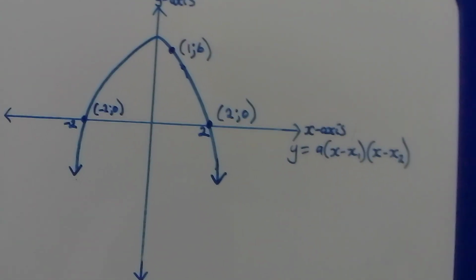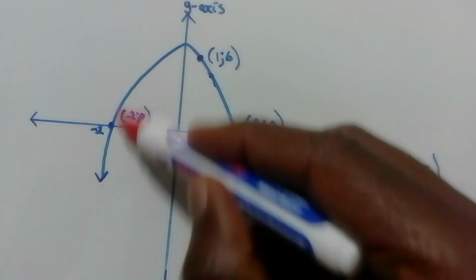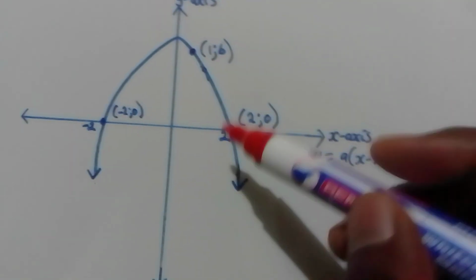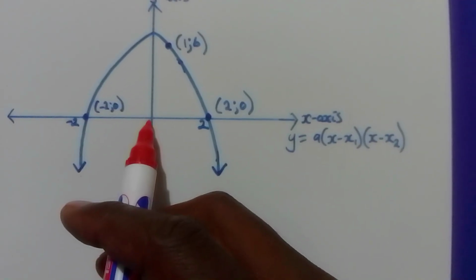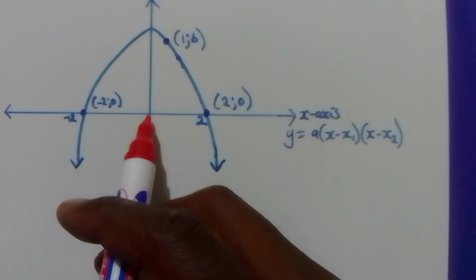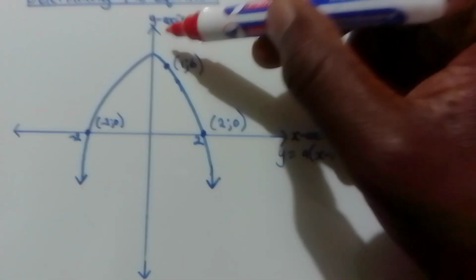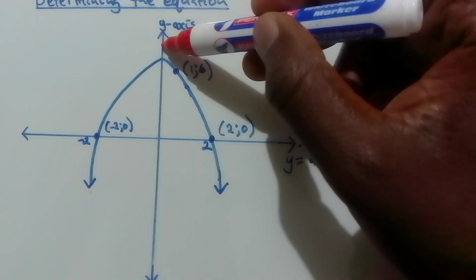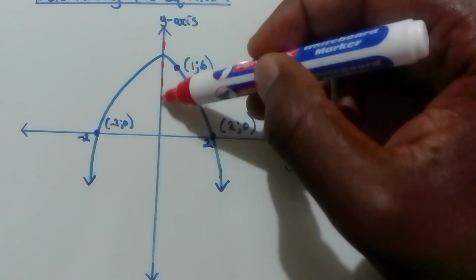The axis of symmetry is what? Observe these arcs which we have here. The distance from our y-axis to this arc and the distance from the y-axis on this side to this arc are equal. So on this particular parabola in grade 10, your axis of symmetry is always going to be here,